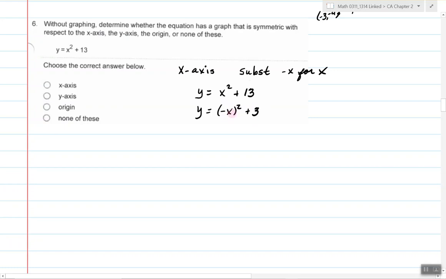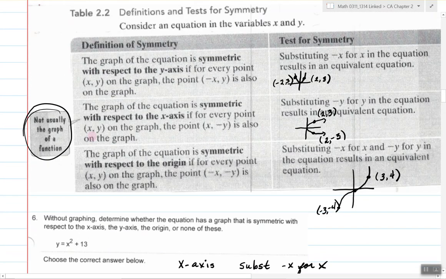Well, if I square negative x, I get x squared plus 13. So when I put in negative x in the place of x, it didn't change anything. So if I look up here,